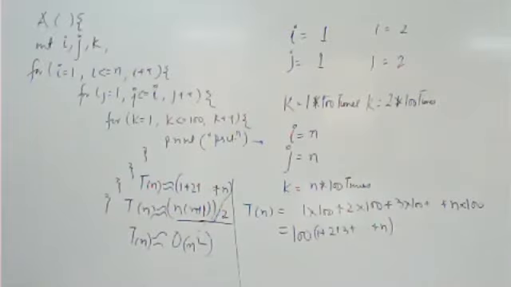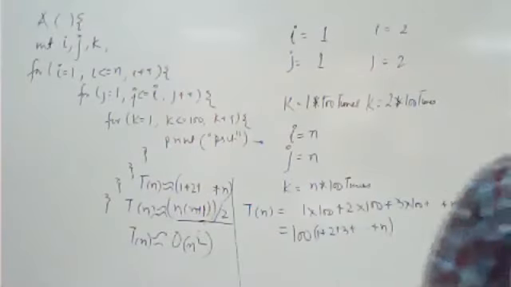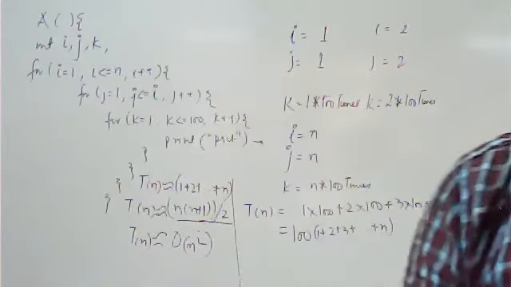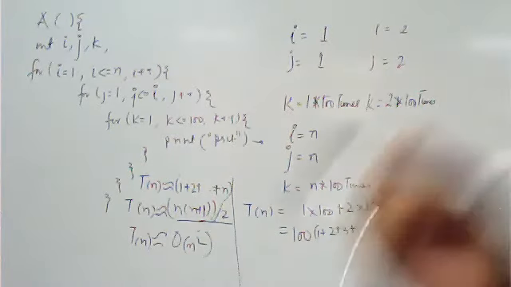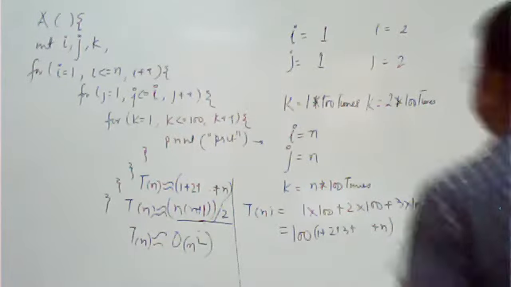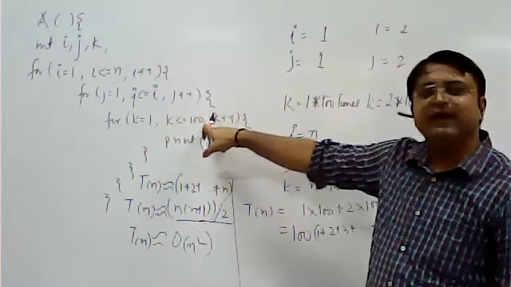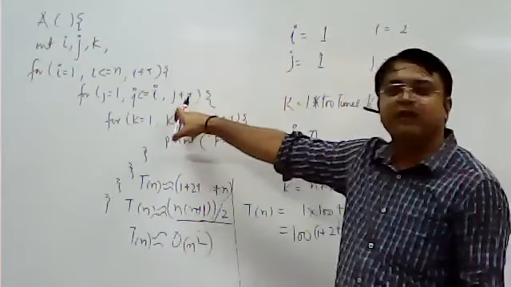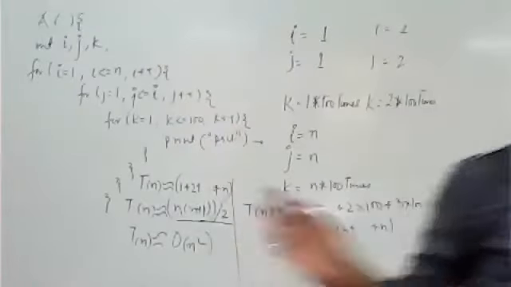Always remember this point: if there are nested loops, suppose there are two loops, one inside the other, or three loops, or four loops, how many times a statement executes depends upon inside which loop that statement is. Here printf is inside k, so we simply calculate how many times k is going to execute. If this printf were in j, then we would calculate how many times j is going to execute. So this is the simple formula. Note down this quickly.